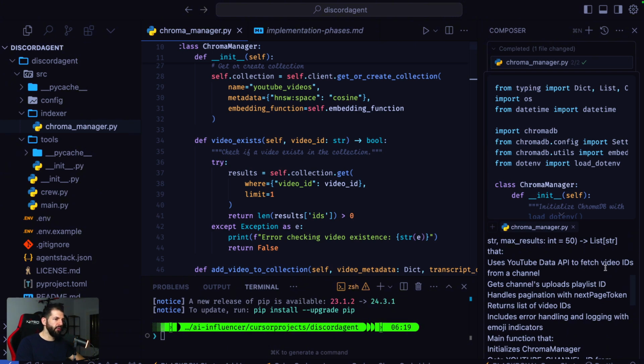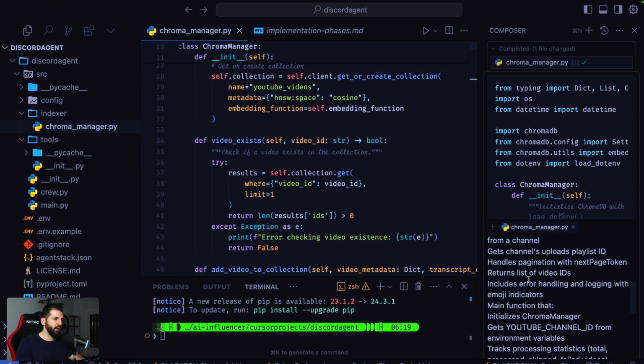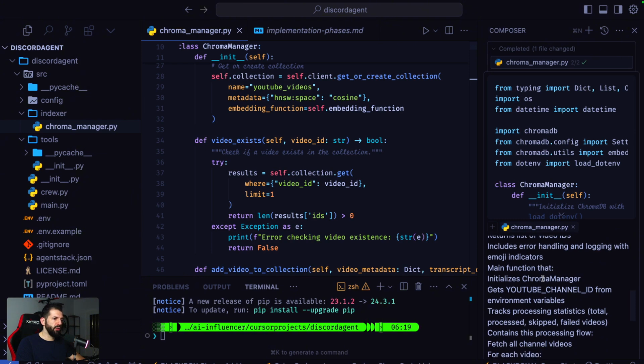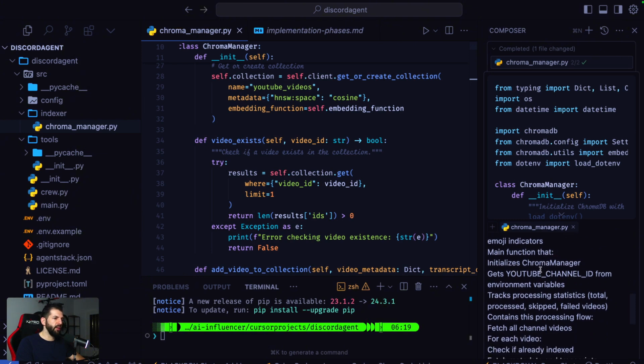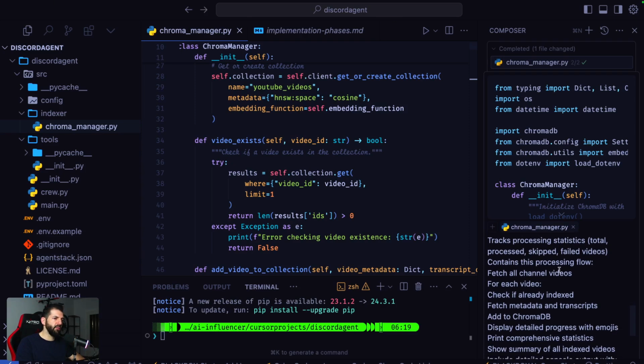First of all, we define the required imports and the custom modules, and then use the YouTube API to fetch video IDs from a channel, get the channel's upload playlist ID, handle pagination with next page token, and return a list of video IDs. Include error handling and logging with emoji indicators, and a main function that initializes Chroma Manager, gets the YouTube channel ID from an environment variable, tracks the processing statistics, total progress, and skips failed videos. It contains this processing flow: